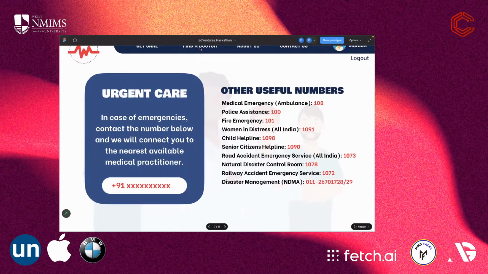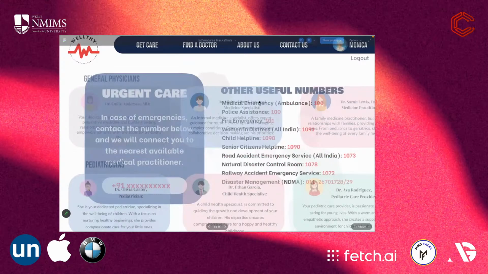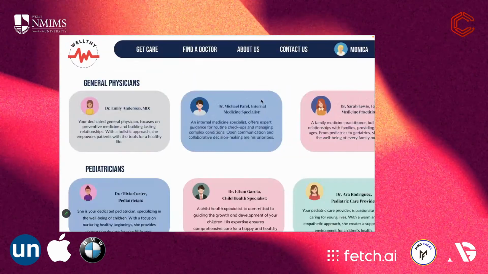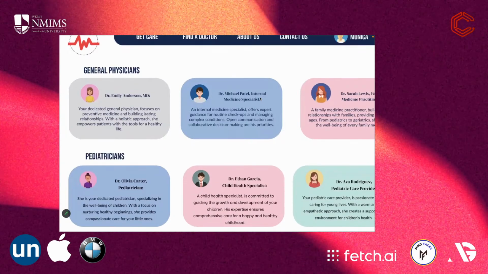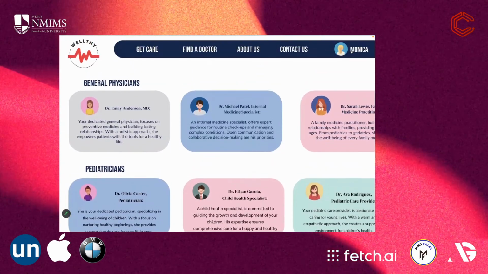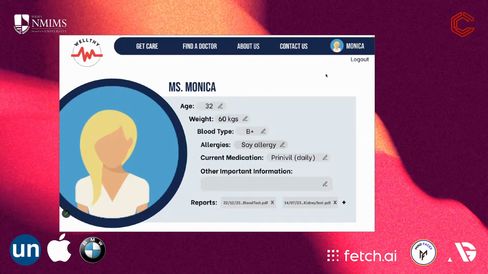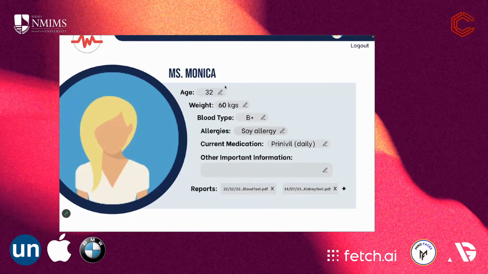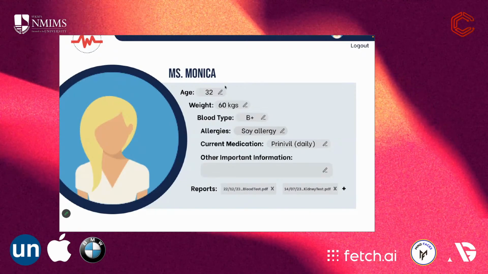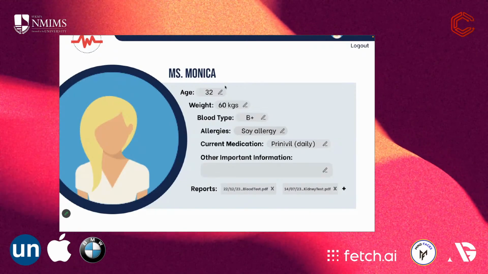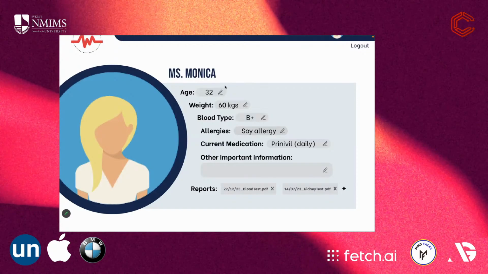Find a doctor leads you to all the different doctors available, from general physicians to pediatricians, and the list could go on below this. Then you look at the patient's profile. This is the editable part, which was one of the problems they had, to be able to manage their